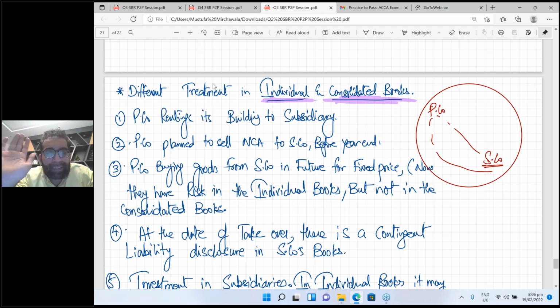So in that case, normally in a practical paper, individual books are given in the question and you have to make consolidated books. So now you need to do certain things. First of all, you need to shift that asset from current asset to non-current asset. Number two, you have to book certain depreciation as well, because in the individual